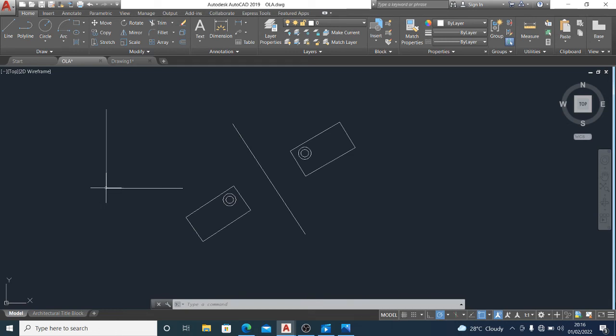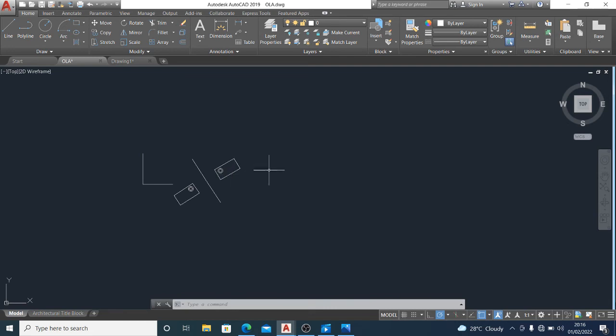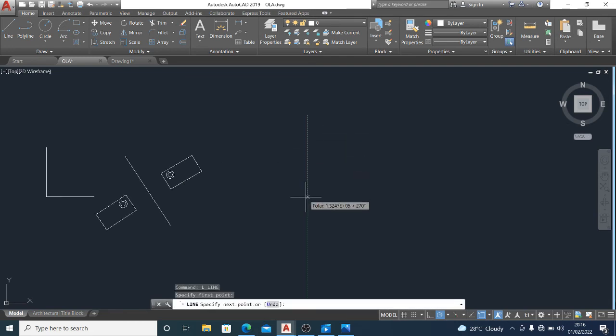So I'll show you offset. I want to show you how to offset a line. So if I have a particular line and I want to create a series of this line, and I don't want to keep copying or moving, I can just create an offset. So to create an offset,